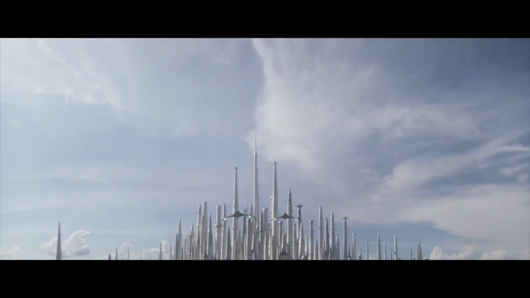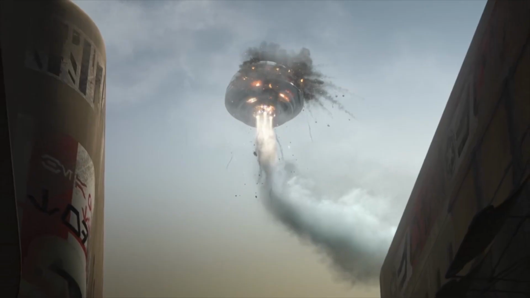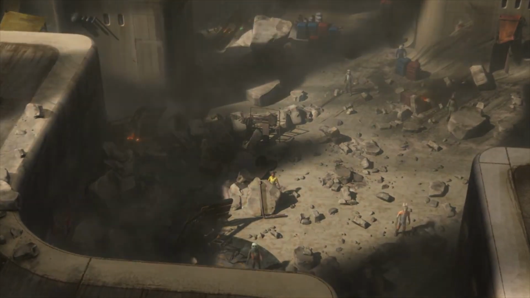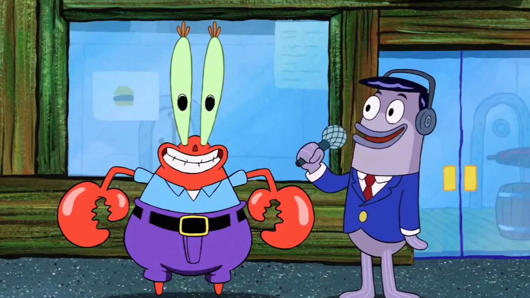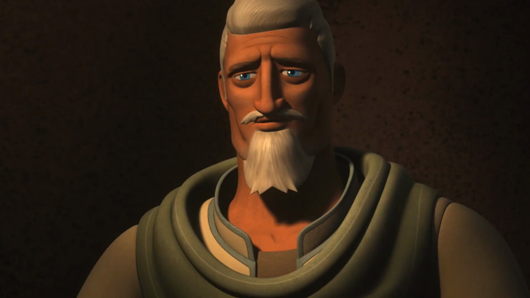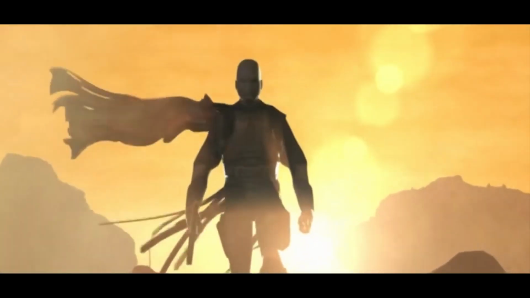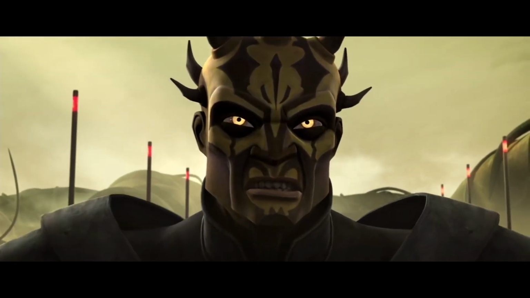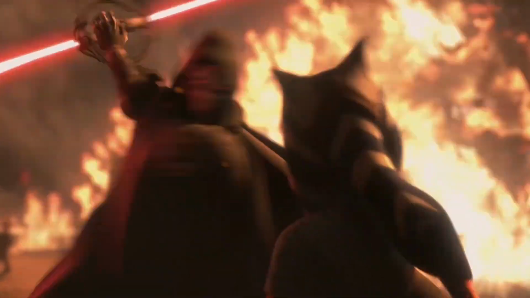unlock the map. Back on Lothal, Sabine skips out on a ceremony celebrating the anniversary of the Liberation of Lothal shown in Star Wars Rebels, and this ceremony is led by Mr. Krabs. Ryder Azadi, who is played by Clancy Brown, who is not only the voice of Mr. Krabs, but also voices Ryder Azadi in Star Wars Rebels, and has played several other Star Wars characters, including Montross from the game Bounty Hunter, Savage Opress from Star Wars The Clone Wars, Berg in The Mandalorian, and most recently the unidentified Inquisitor in Tales of the Jedi.